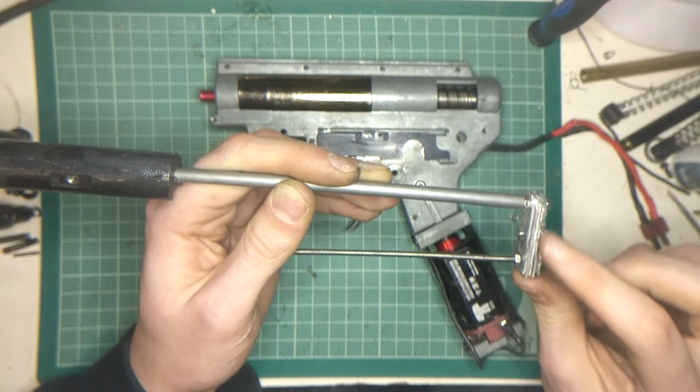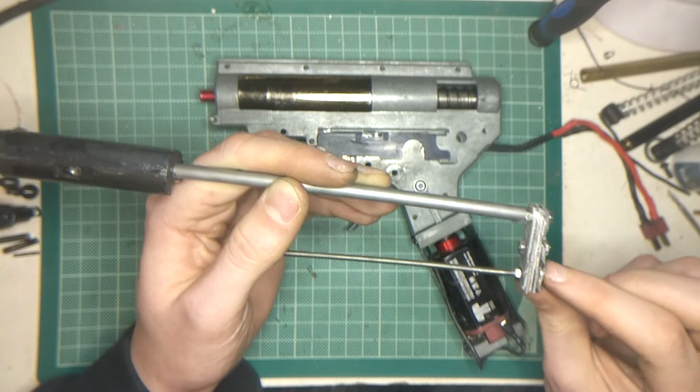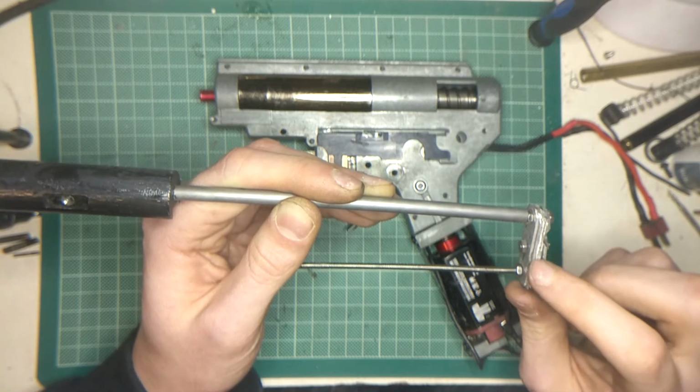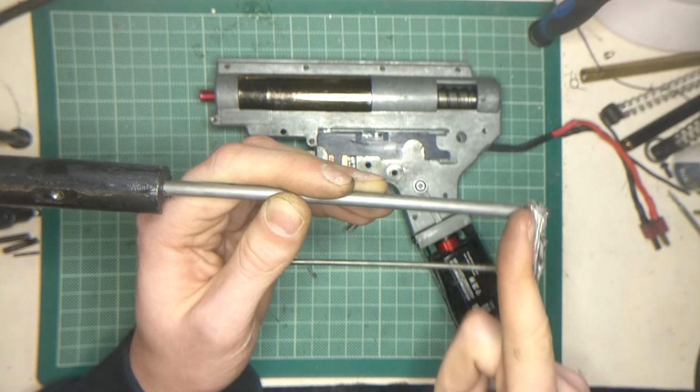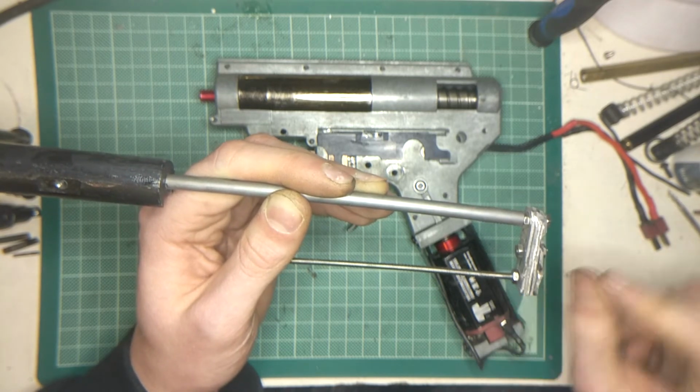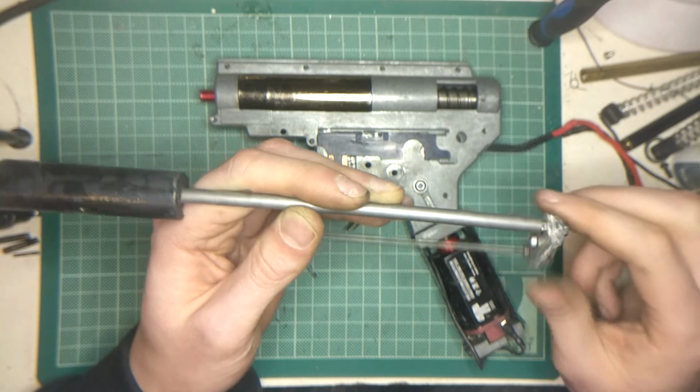This metal here is just some aluminium that I had lying around. It's just some aluminium sheeting. I think that's about 1.5 to 2 millimeters thick, and you just used multiple, I think that's five strips, cut down to size,